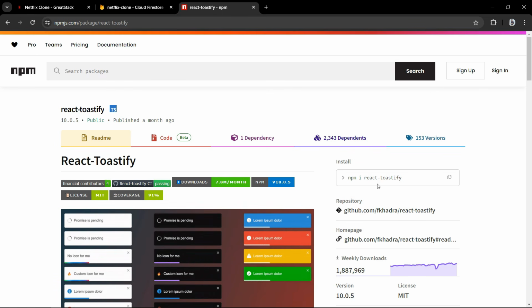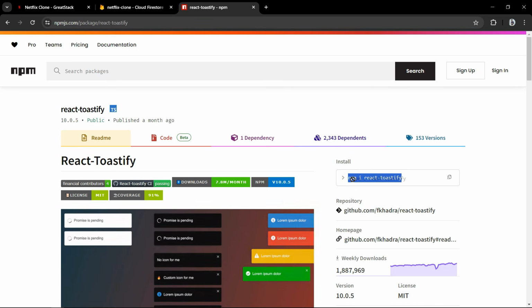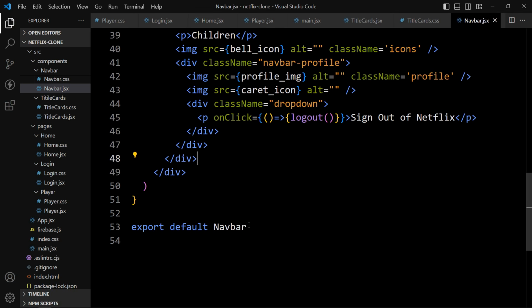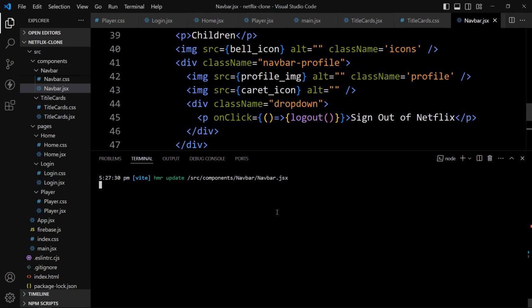And here we have to execute this command npm i react-toastify. Just copy this one and we will come back to the VS Code editor. Open the terminal. So let's stop this. So Control C, yes. And here we will add this command npm i react-toastify.